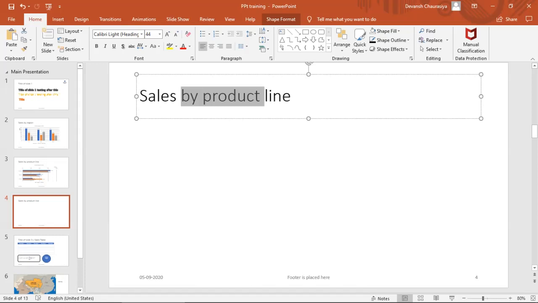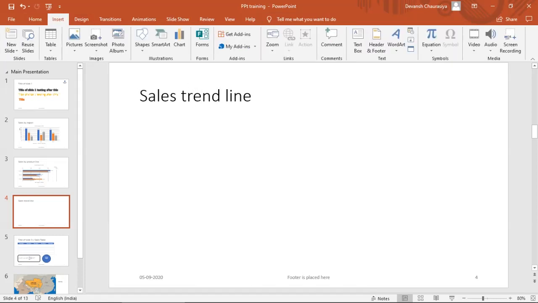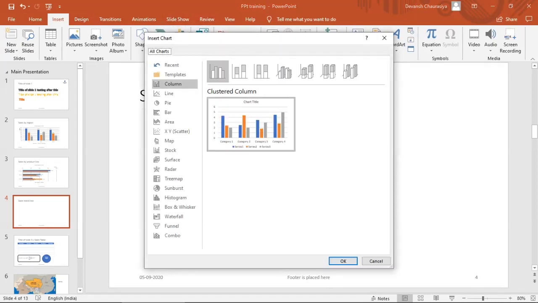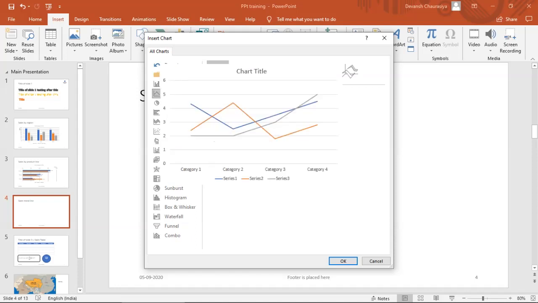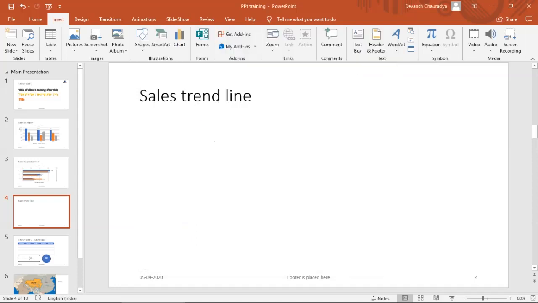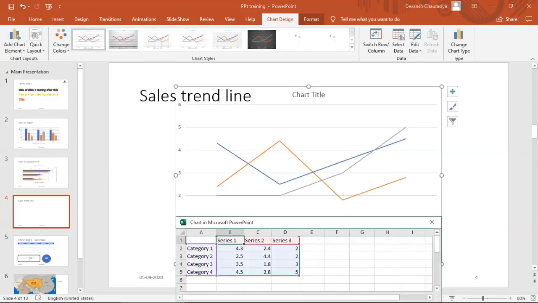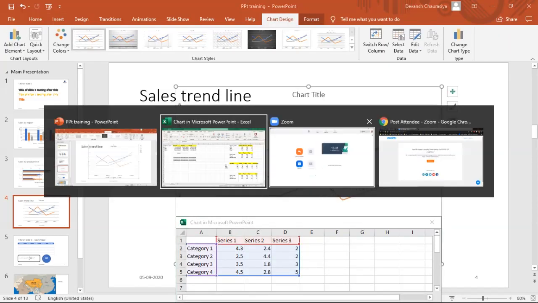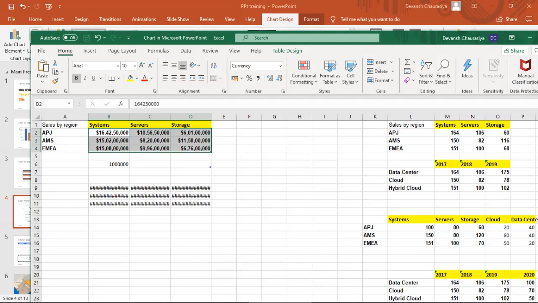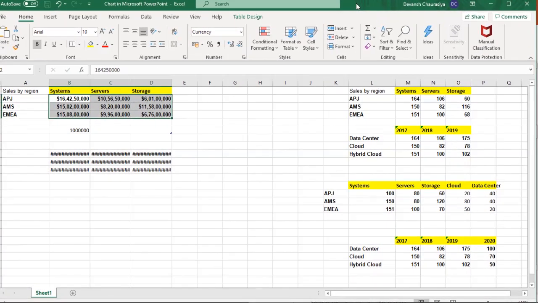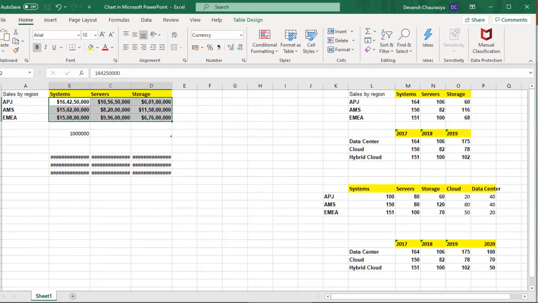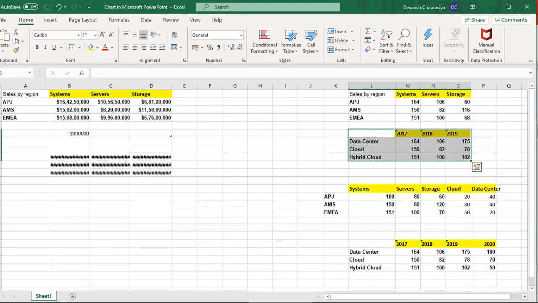Sales trend line. Okay, click on this. I go to chart and I go to line chart and I click on OK. And let me use the data that I have created for the line chart. The data is right here.